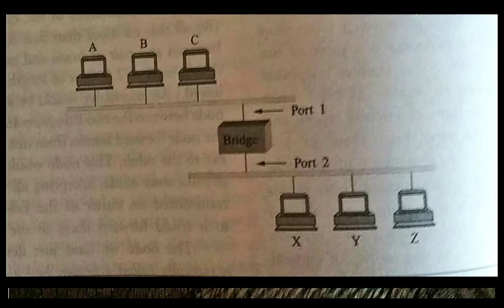This node would be put in promiscuous mode, accepting all the frames transmitted on either of the ethernets, so it can forward them to the other. The node we have just described is typically called a bridge.